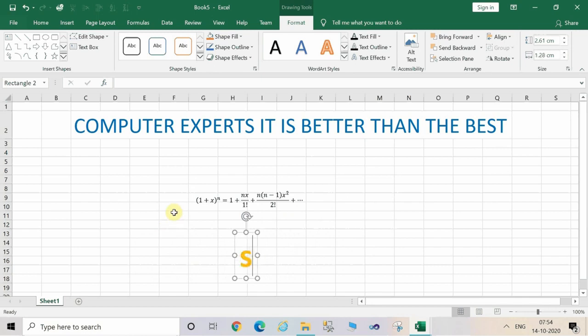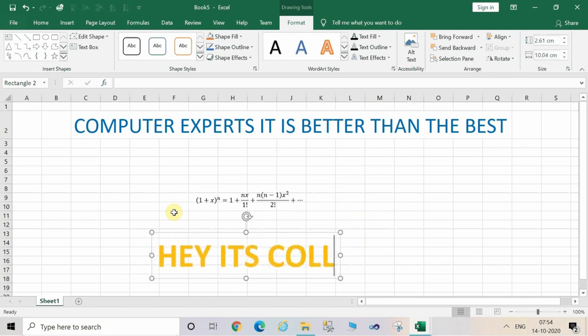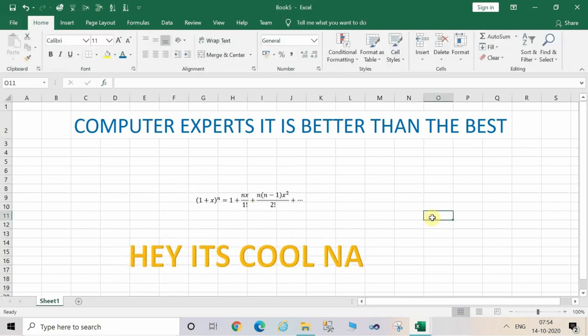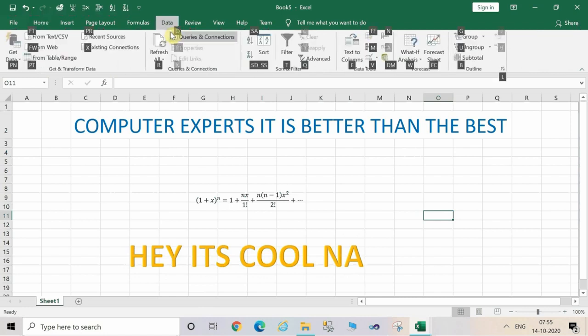Now type your desired text into the Excel screen straight away. It can be any text, any color. If you want to change it, you can also change the color. Hey, it's cool now. So you can try another border also. In this way, you can operate the Excel with the help of keyboard. And if you want to use other options, press the Alt button from your keyboard and see the corresponding keys highlighted, and you can use those keystrokes for operating on the Excel, right?